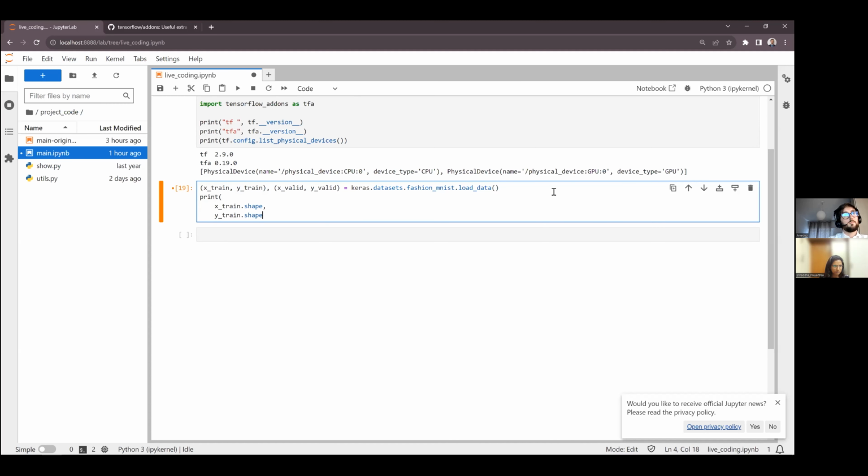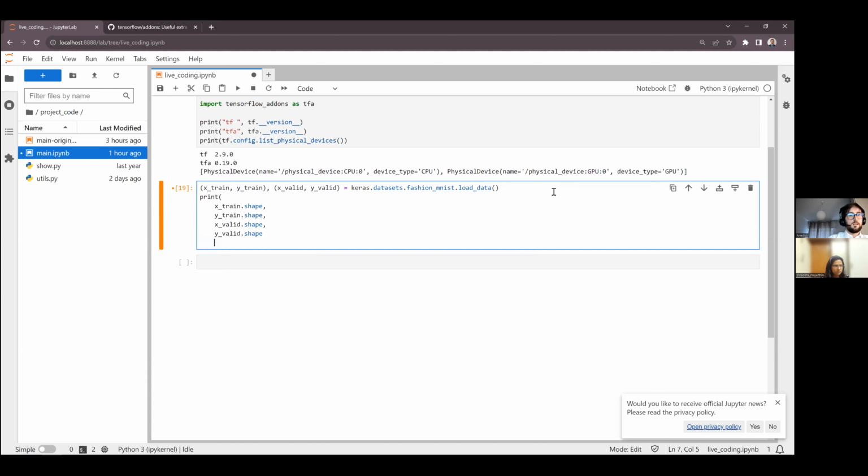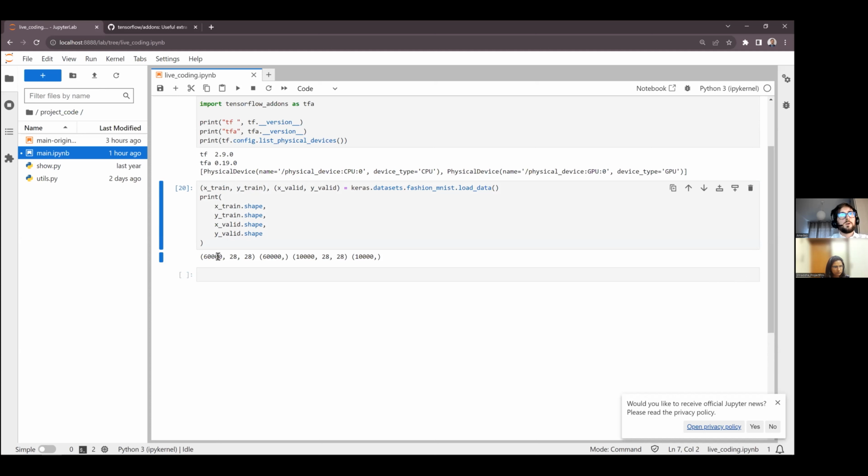Y train shape, X valid shape, Y valid shape. Let's see. Okay, yeah, we have a bit more data, 60,000 of 28 by 28, and 10,000 in the validation dataset.